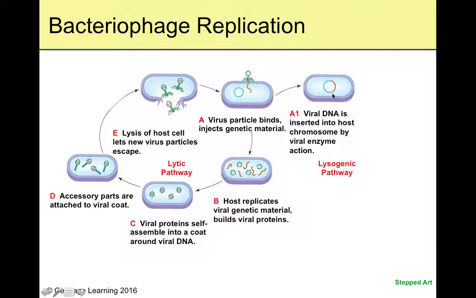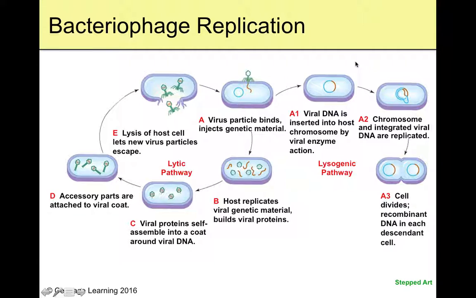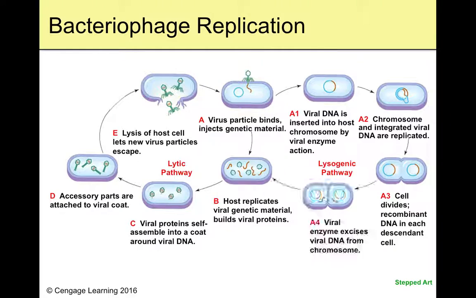And we just throw it in the bacterial chromosome, and we don't do a darn thing. We just chill. And the bacterial chromosome goes ahead and replicates because this bacterium is going to do binary fission. He goes through binary fission, and the cell divides. It makes 2 bacterial cells. The viral enzymes are removed from that chromosome, and he can jump into the lytic pathway if he wants, or he can just relax and keep going around and around in the lysogenic pathway to his heart's content, make as many copies as he wants.